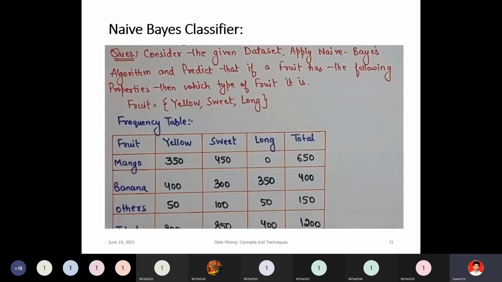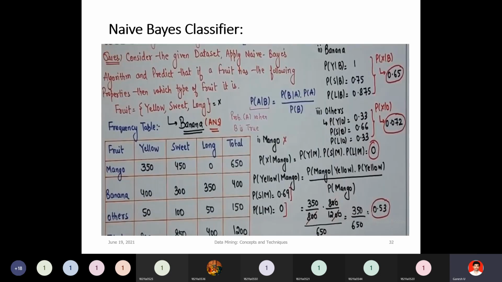I hope you understood. Like that we are finding all these, and finally whichever probability is high, that is the result for that particular instance. See here, in the decision tree what are we doing? In the decision tree you simply give this instance to the tree, go step by step, and finally say that it is related to this class. That is the decision tree process. In naive Bayes you take these, find all the probabilities, and whichever probability is high, the instance belongs to that class. That is what the naive Bayes classifier theorem says.